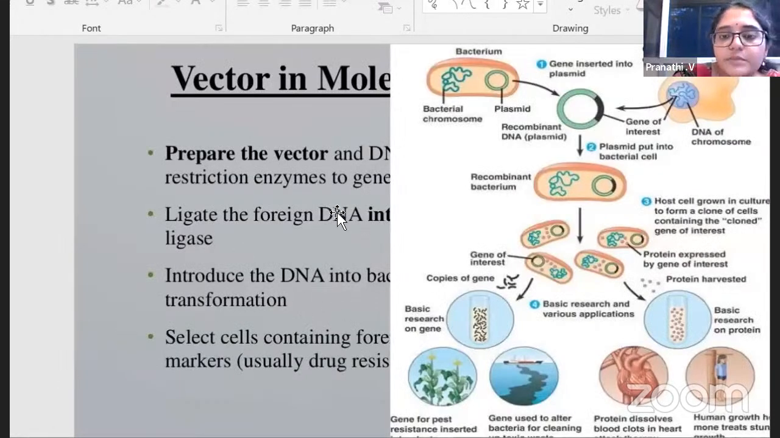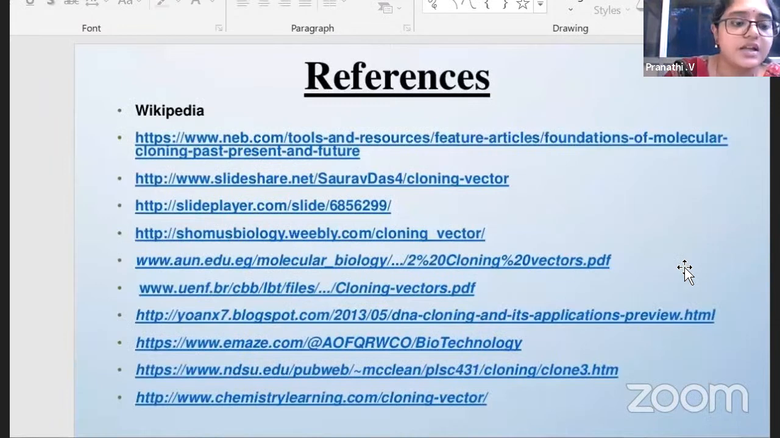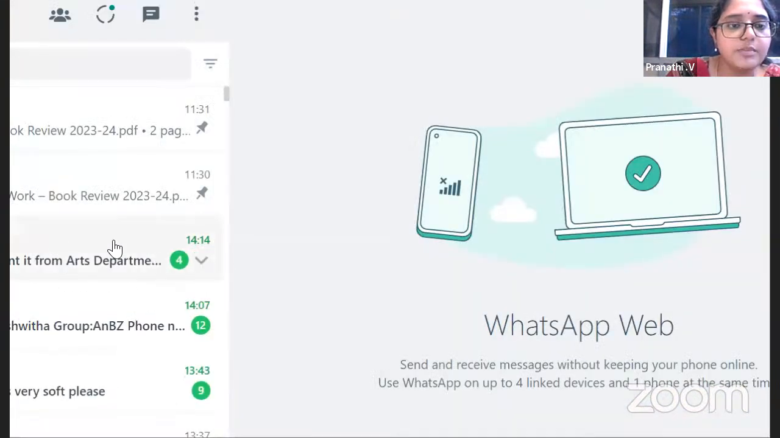So when it comes to the making of it, you see this is the plasmid, the gene of interest from here is taken, inserted, cloned into copies, and then copies of the gene are made, and basic research can be done. Over here, when we need proteins, the protein expressed by the gene of interest is taken and then gone ahead. So these are the references as such. Now, after this particular topic,